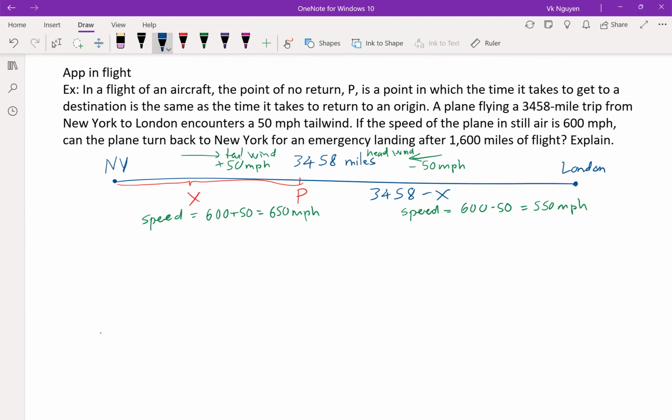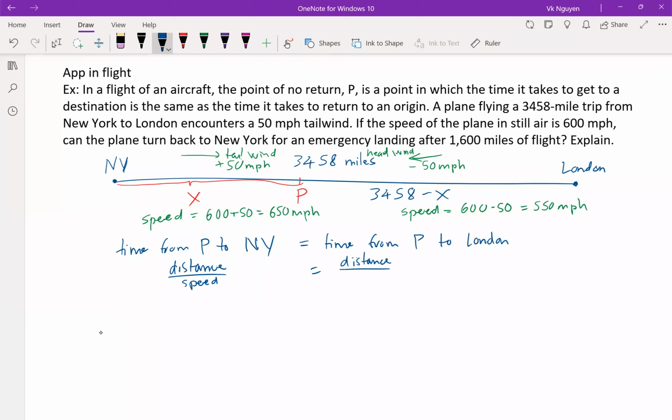Now let's take a look at the point of no return. The point of no return is said at the time from P to New York is equal to the time from P to London. Time is distance divided by speed. Distance over speed. We know the distance is x. The speed is